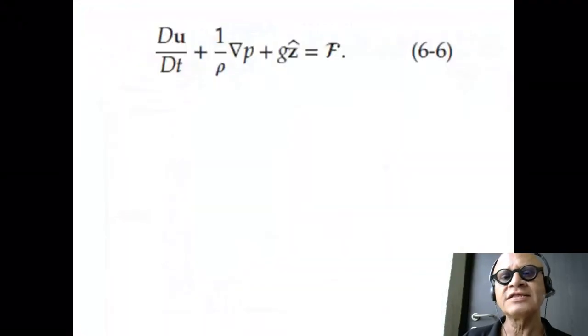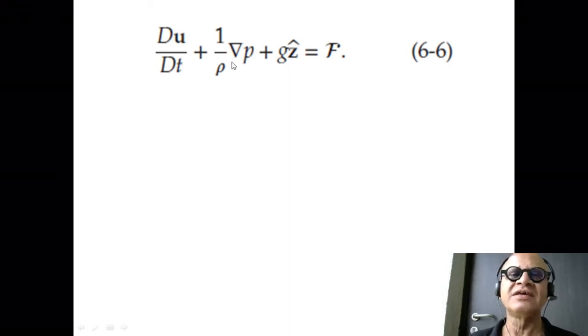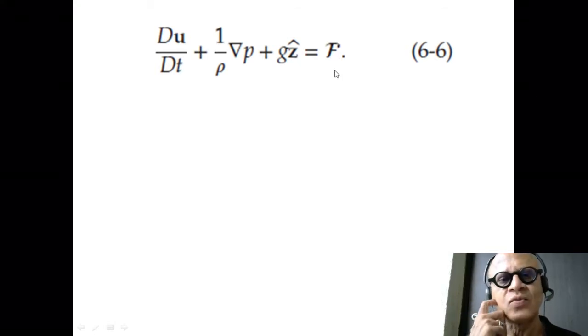Moving right along, let's now pull it all together. Let's write it in the vector form. So we have du dt, the acceleration term, and we divided by rho so that we have 1 over rho grad p here. This is a gradient of p, which is basically unit vectors and then dp dx, dp dy, dp dz, right? And the gravitational force is acting in the vertical direction, so it's got the z cap, which is the unit vector in the z direction,